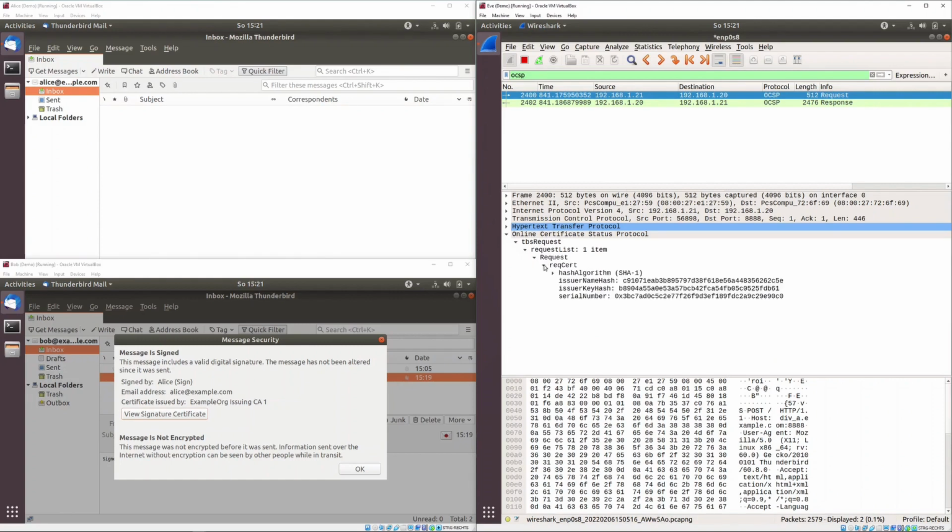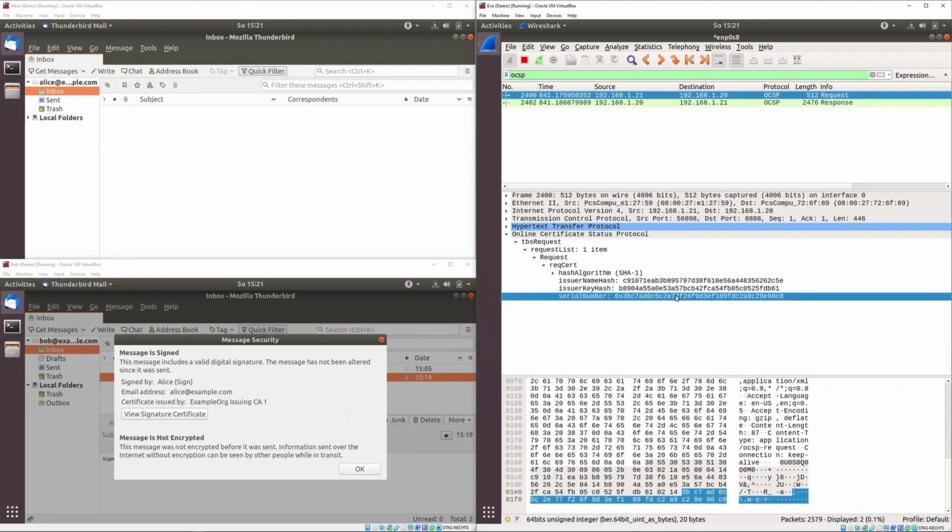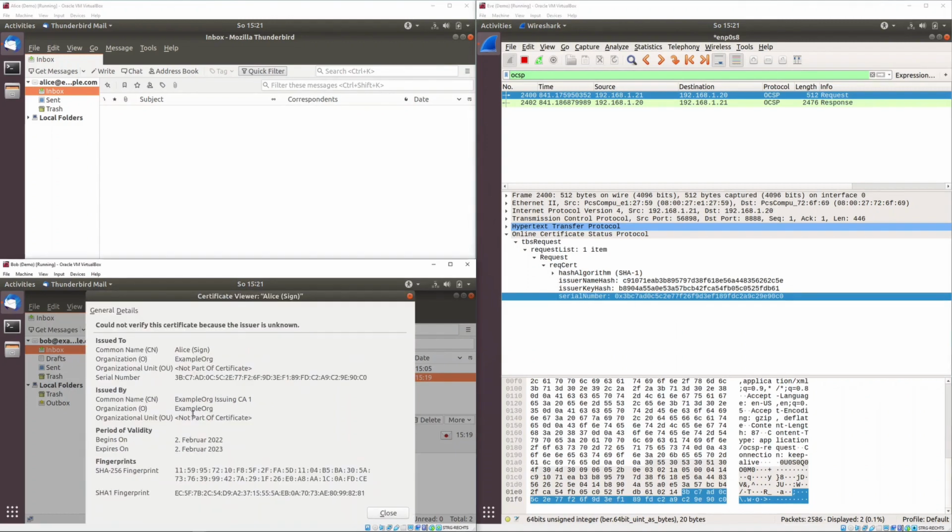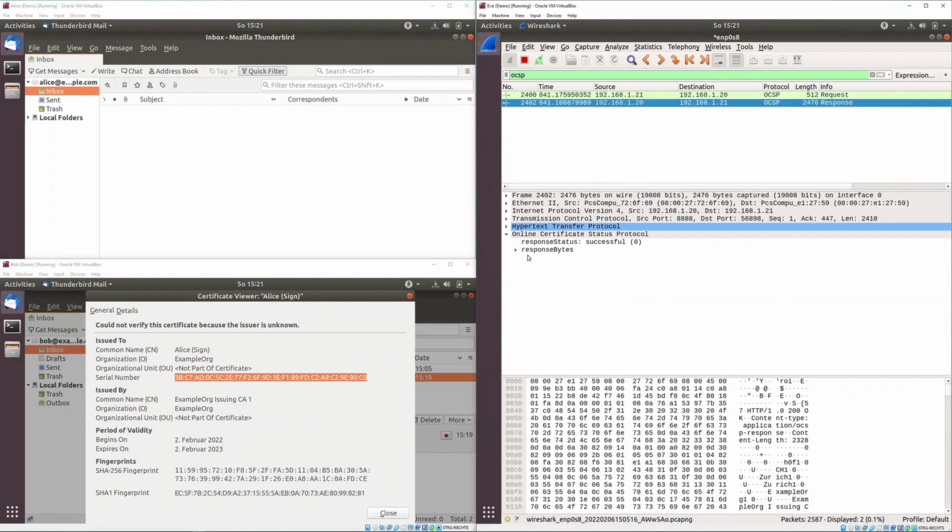validity status of a certificate with serial number 3BC7 and so forth when expressed as a hex string, and looking at the signing certificate of Alice, it's clear that the OCSP request is a request asking about the status of Alice's signing certificate. The second OCSP packet listed is then an OCSP response packet going now back from Alice's machine